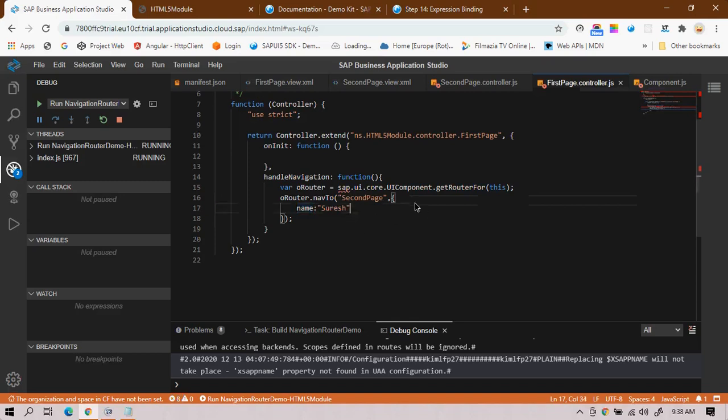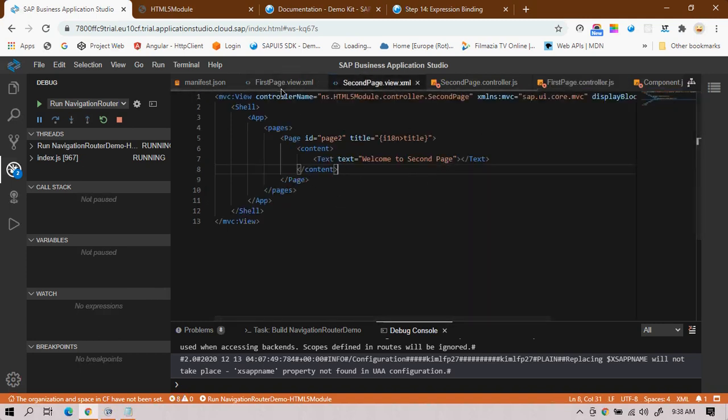Where is the first controller? Okay, once I do the navTo, always remember there are two kinds of methods present in this navigation. First, the one that gives the output, and the next one that takes the output. There is a kind of set and get. If I'm giving something, then there should be someone who is taking something, right? That second one is the second page, so it will take something from the first page.